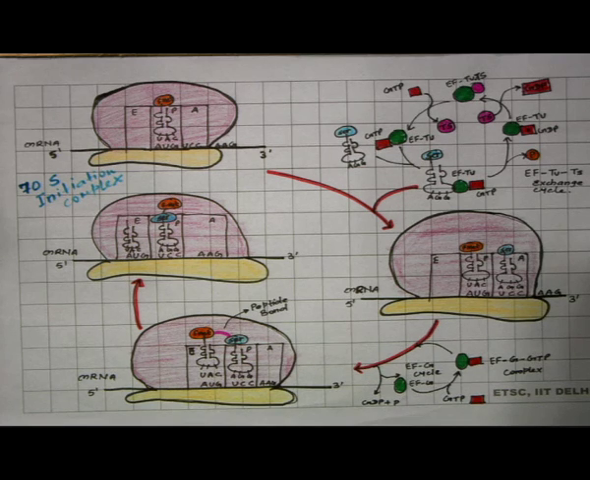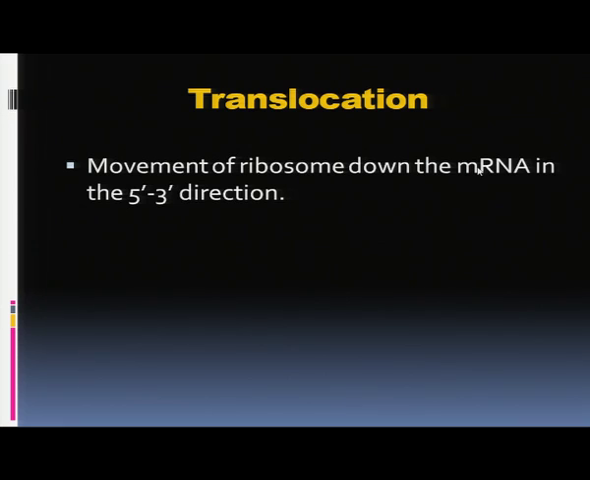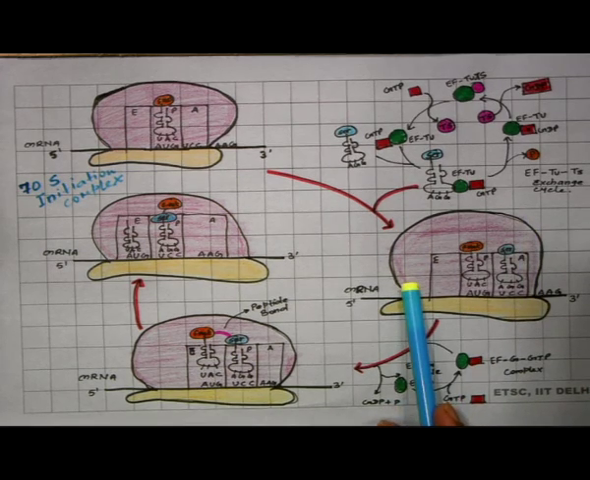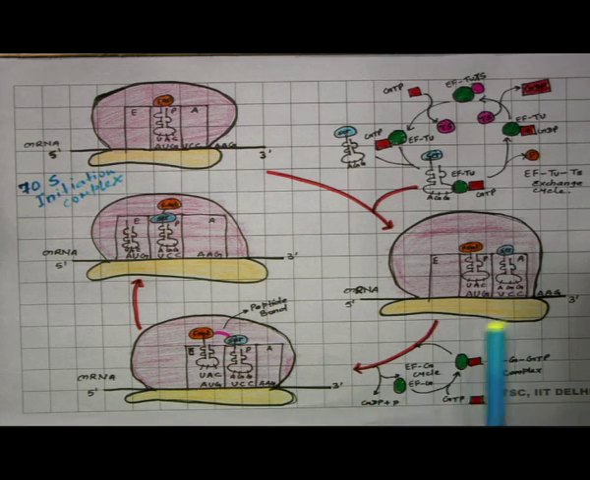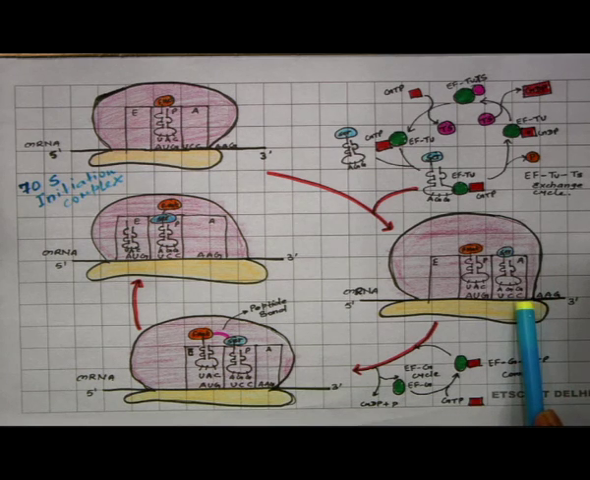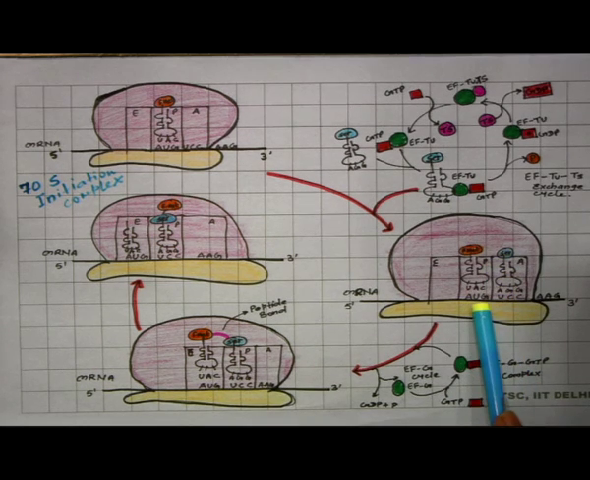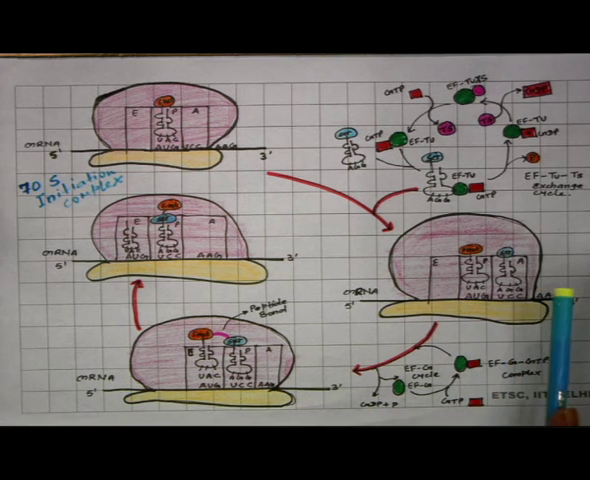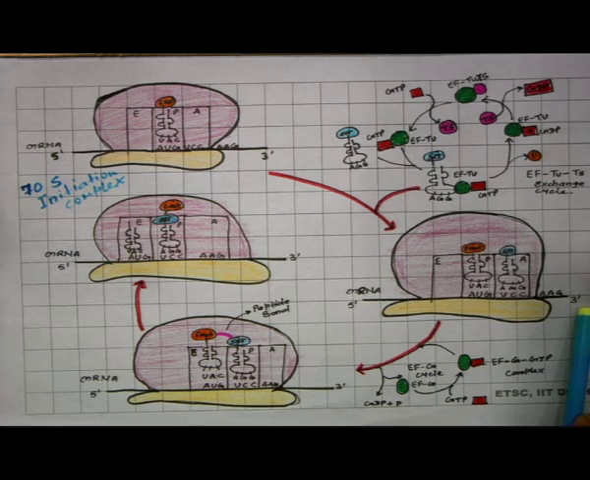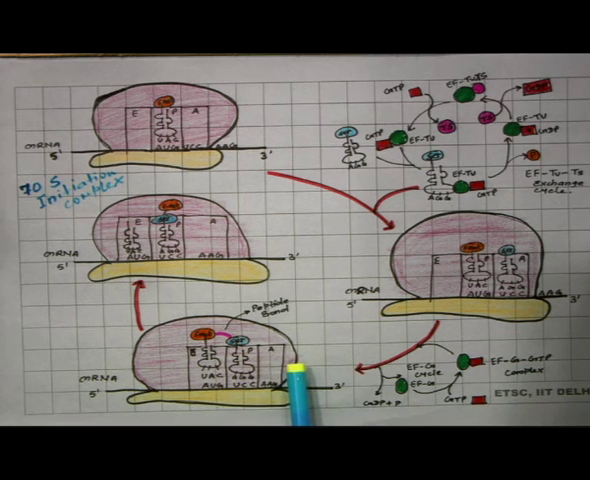Now, the third step of elongation is translocation. Translocation means movement of the ribosome down the messenger RNA in the 5 prime to 3 prime direction. This whole ribosome will move one triplet codon towards the 3 prime end of the messenger RNA. You can see in this diagram, this ribosome has the A site with the UCC codon of messenger RNA and the P site with the AUG codon of messenger RNA. When this whole ribosome moves one triplet codon ahead towards the 3 prime end of messenger RNA, you can see after the movement of the ribosome, which is called translocation,